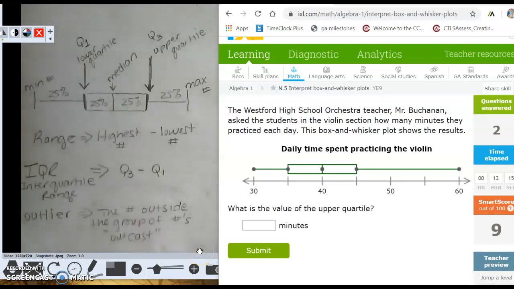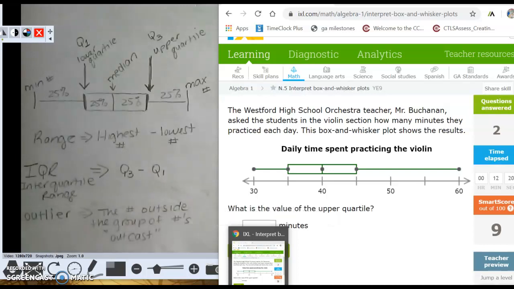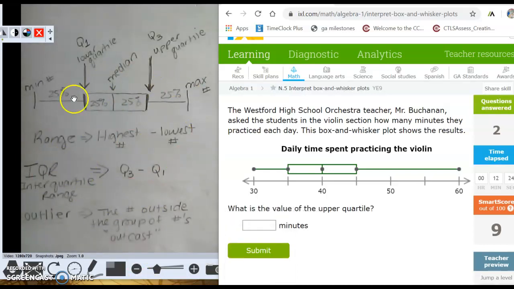Okay, so we're going to be looking at N.5 on iExcel, which deals with interpreting box and whisker plots. So this is our little cheat sheet that we have over here on the left-hand side that we're going to be using to answer these questions. The first question says the